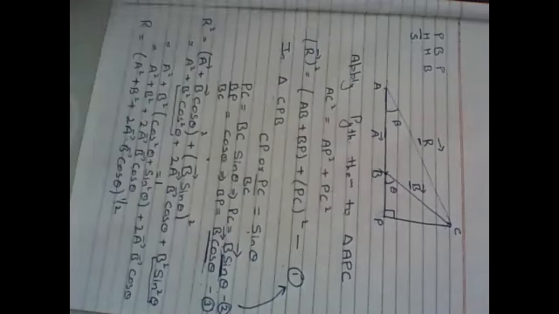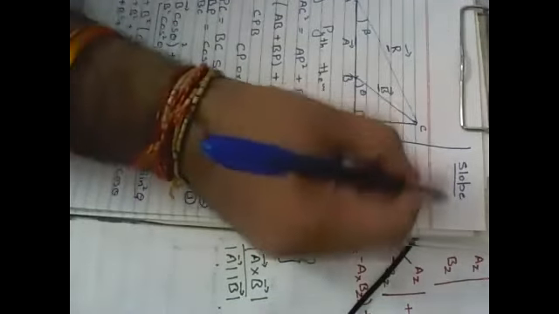Now the other part is to find out the direction. How to find out the direction? We know direction is always given by the slope. If we want to calculate the direction, we will have to find out the slope. I am solving over here. Please keep it continued downward.